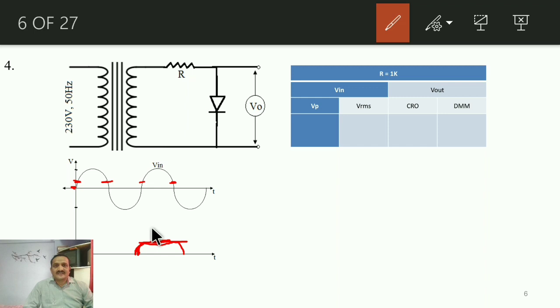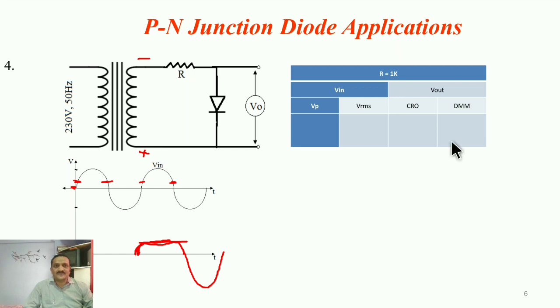Now during the negative half, the diode will act as reverse biased. That means when this terminal becomes negative and this one becomes positive on the secondary, the diode will become reverse biased, will act as an open, and that's why the output will follow the input. Now what is the input? Input is nothing but the negative half, like this. So such a type of output you will observe on the CRO. So implement it using simulation software again, and try to observe it on the CRO, as well as measure its value using the DMM.